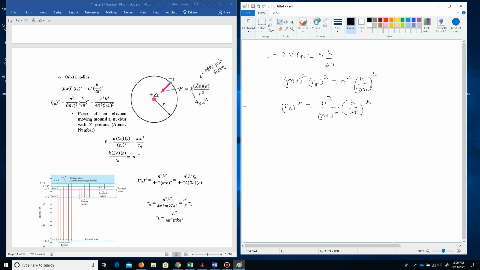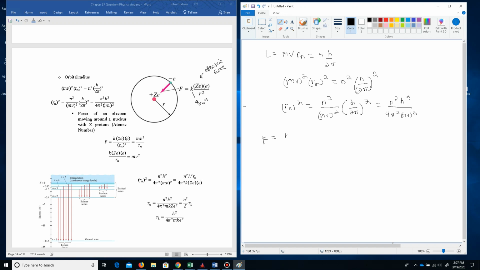There's a reason we're looking at this in this way. So we're going to multiply this out instead. And so when we do, we get n squared h squared, and then the 2 pi gives us 4, 2 squared is 4, pi squared, and then mv squared. I'm feeling like I'm being a little secretive. The reason we're keeping this as r squared is because in the fourth equation it's r squared, and it's a lot easier instead of having to take the square root and then re-square, just to solve this for r squared. And so we then take the force,